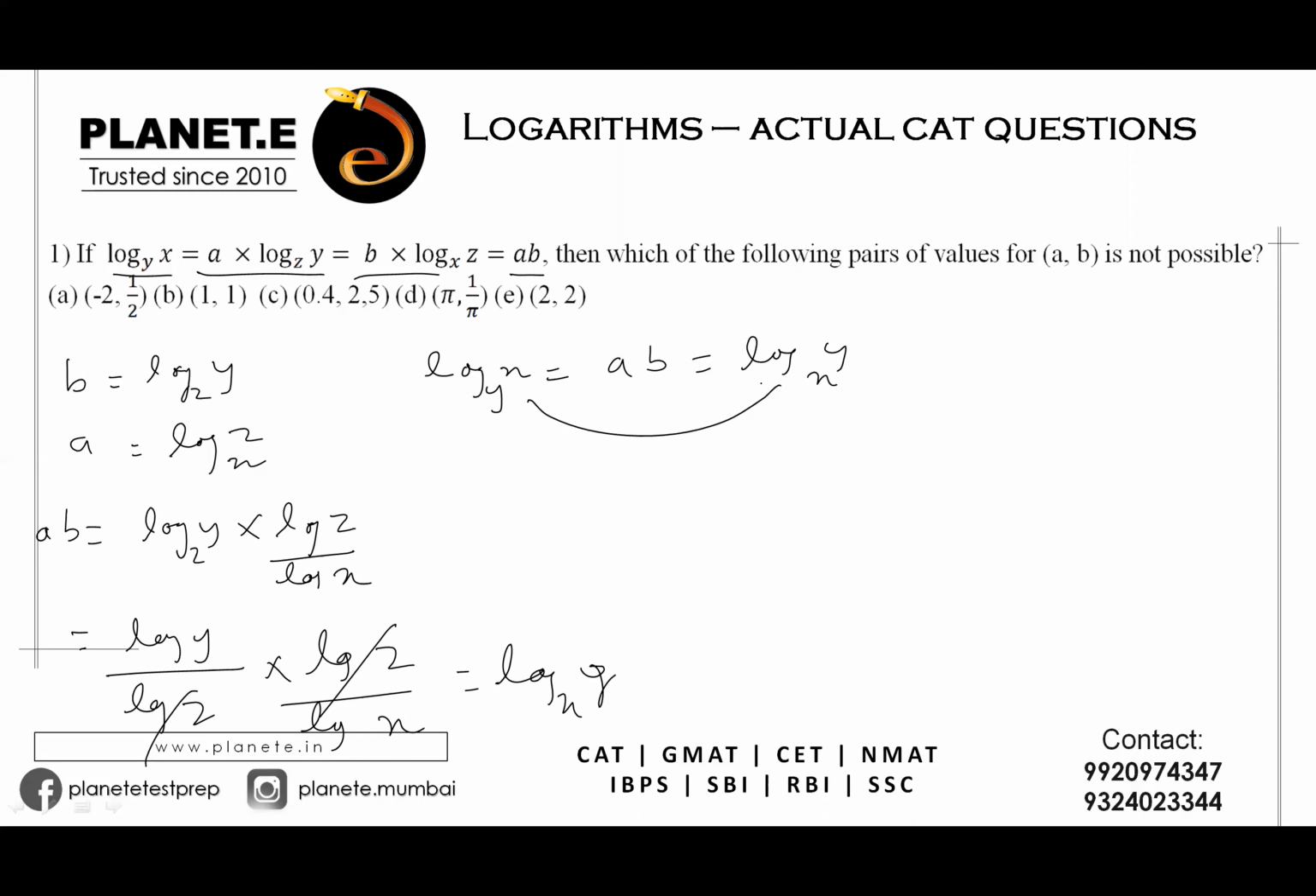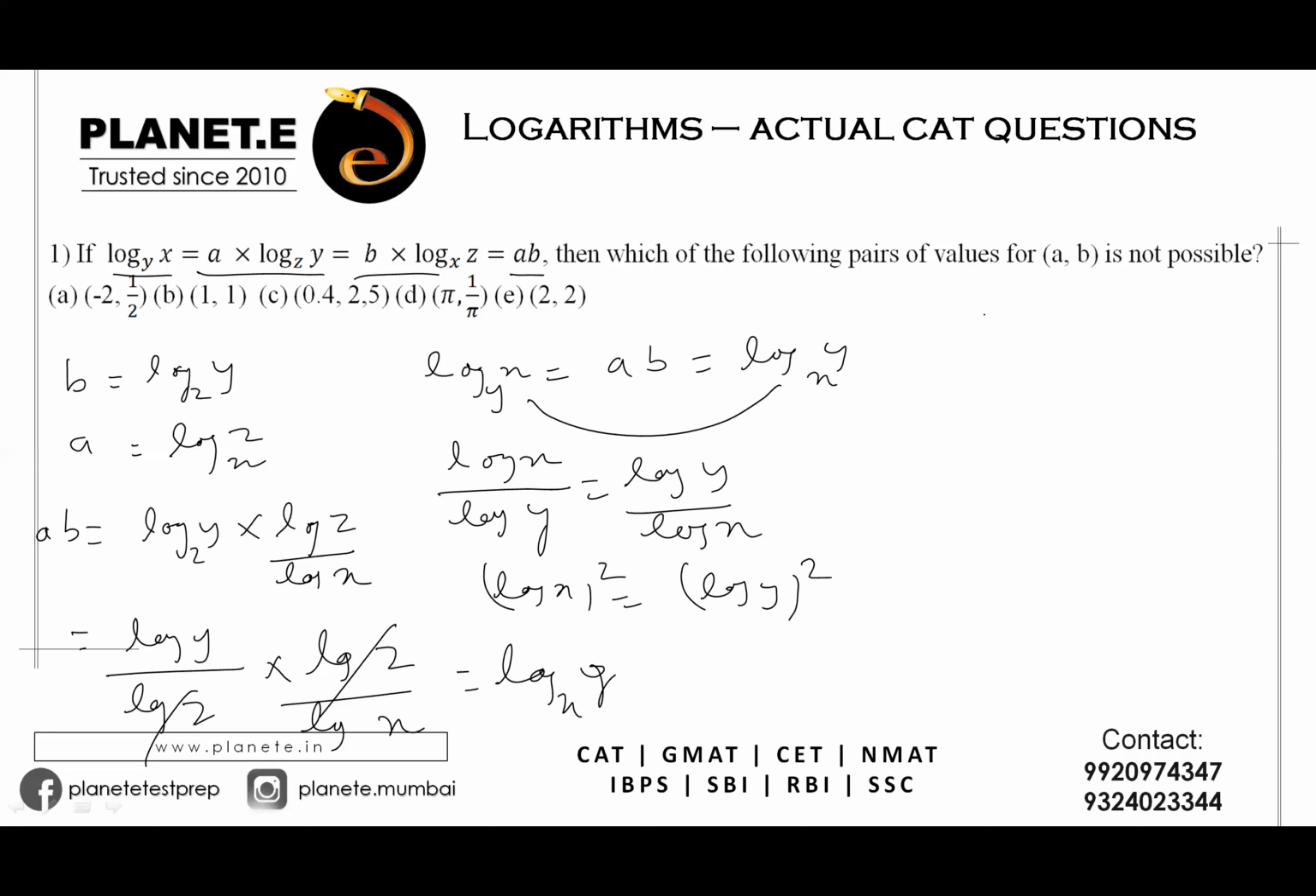Yes or no? So if I compare these two things, I can say log x upon log y is equal to log y upon log x, or I can say log x whole square is equal to log y whole square, which implies, let me continue on this side, log of x is plus minus log y. So either log x is equal to plus log y, this is one possibility, which implies x equals y,